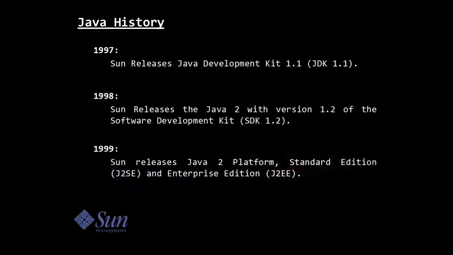In 1997, Sun releases Java Development Kit 1.1. In 1998, Sun releases the Java 2 with version 1.2 of the Software Development Kit 1.2. In 1999, Sun releases Java 2 Platform, Standard Edition, J2SE, and Enterprise Edition, J2EE.